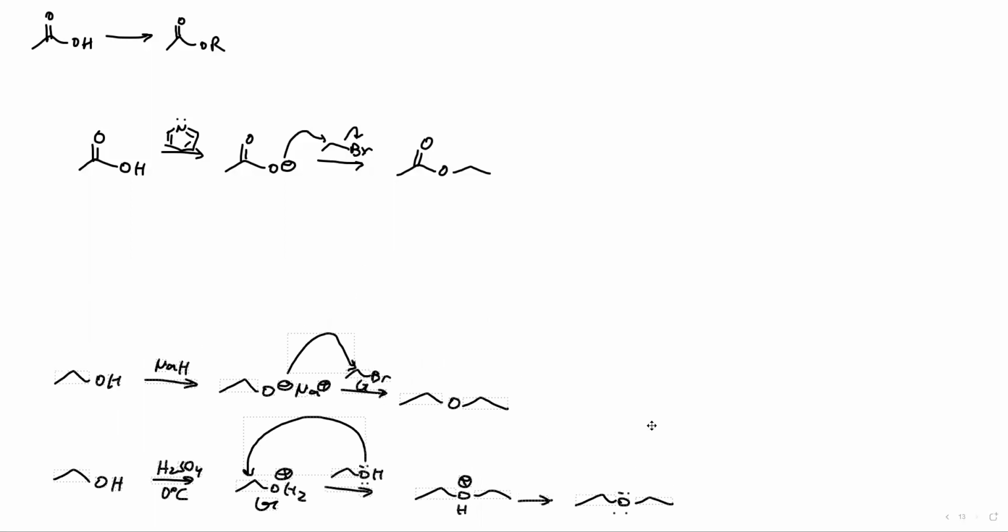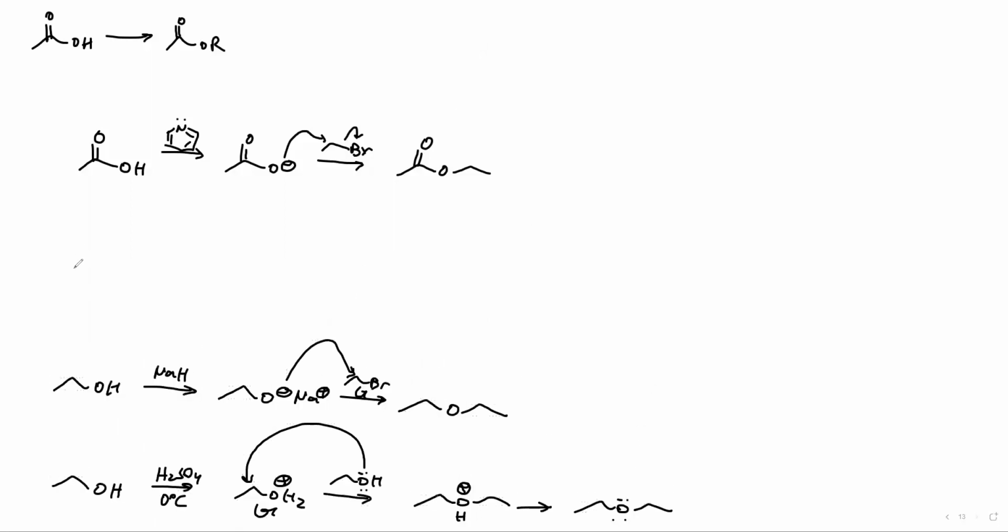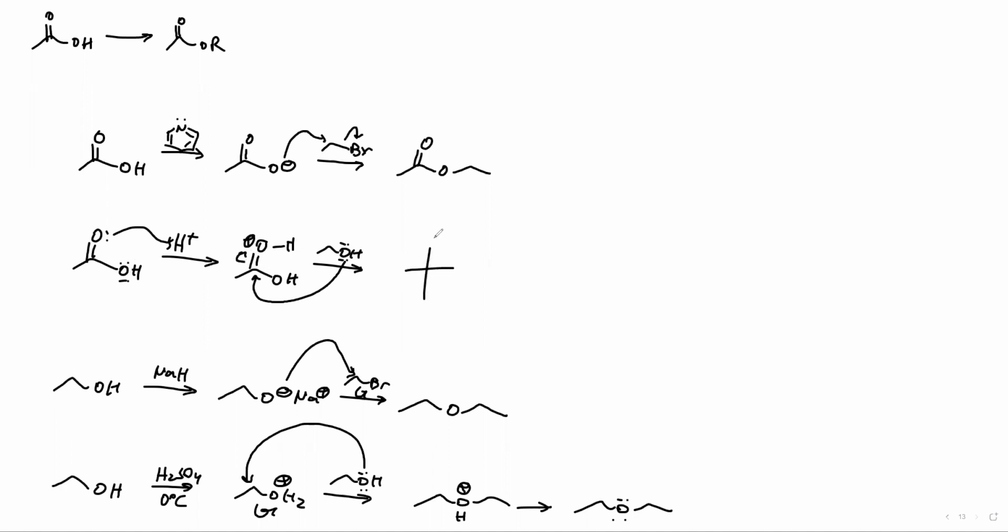Sure, it'll be protonated first, but we can get rid of that proton really easily, right? And so let's again try to apply this problem to the carboxylic acid. So we have H plus. Again, who is going to take that proton? It's going to be this guy here. And once we've made this electrophilic, let's use that same alcohol, this one here. This can go ahead and attack here. Now, similar to the acyl halide,